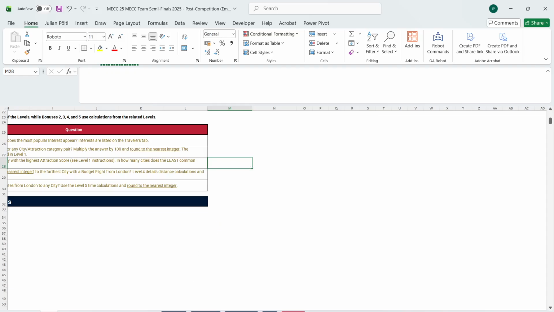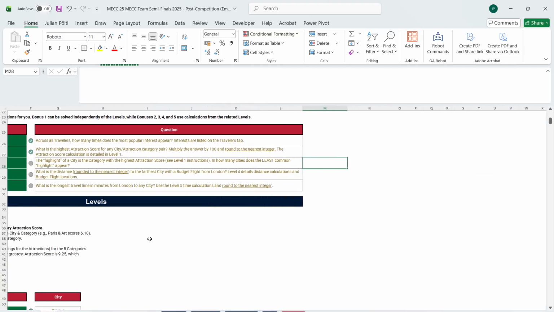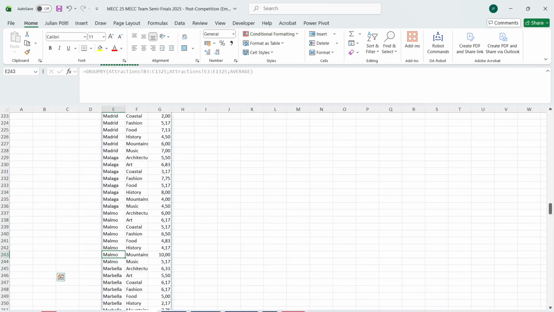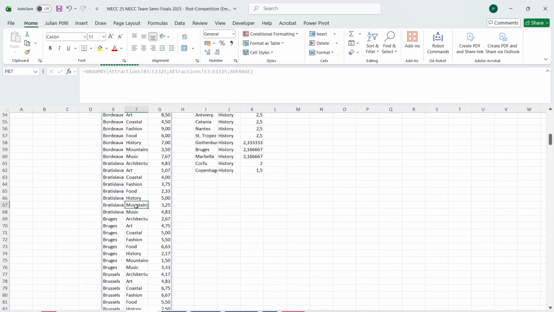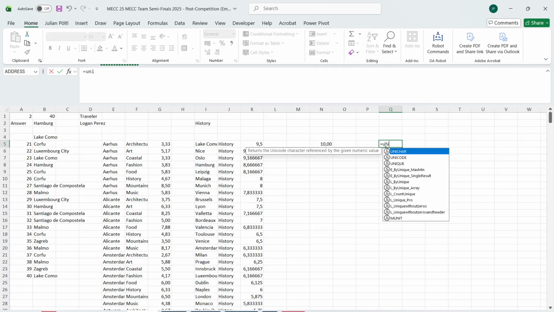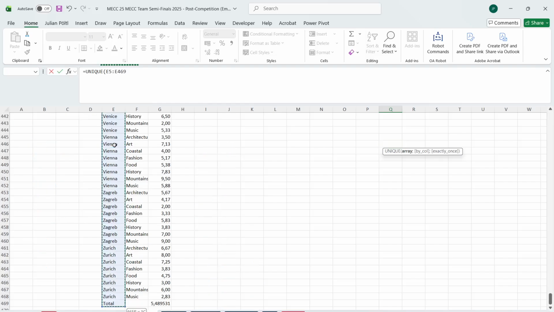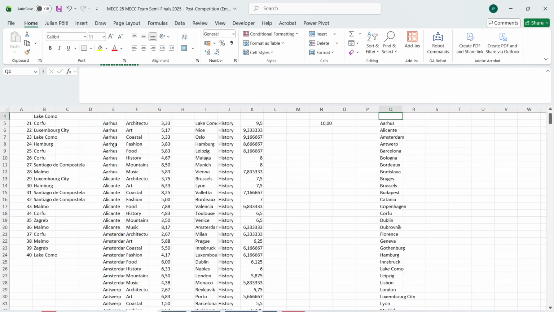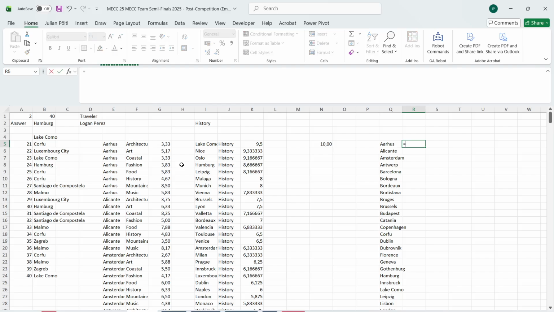Am wenigsten. Okay. So this by city. So max by city. So here are the cities, and then